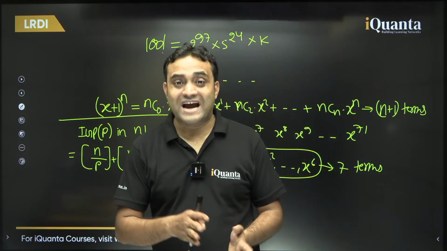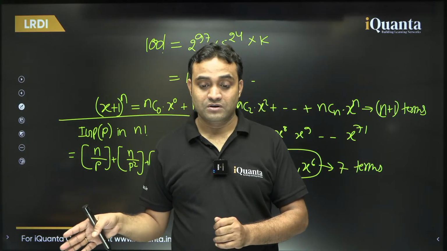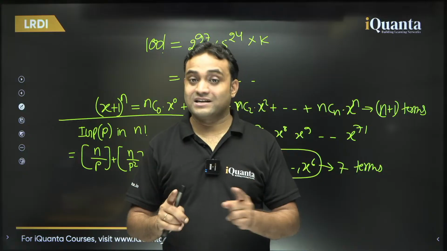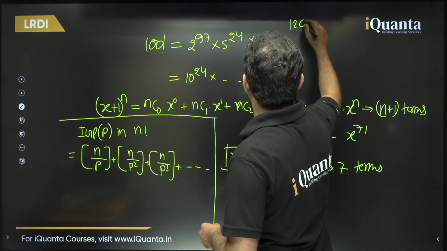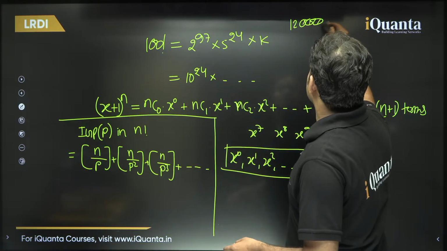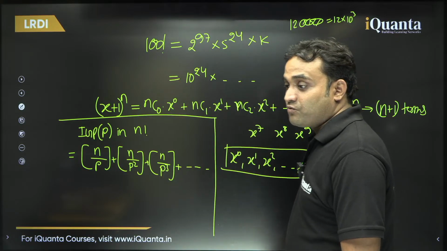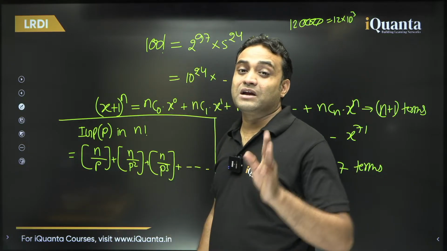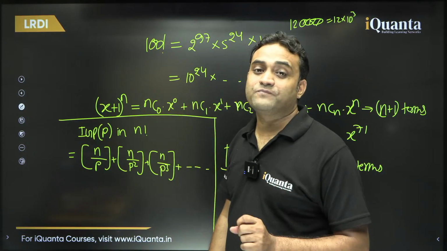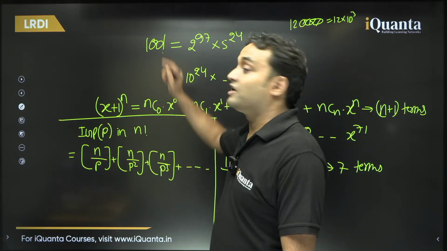The number of zeros at the end of any number is the same as the number of trailing zeros, which is the same as the highest power of 10 that can divide that number. Like if I am talking about 12,000, how many consecutive zeros are at the end of 12,000? 3 zeros. Why? Because 12,000 can be written as 12 into 10 to the power 3, right? So we need to find the number of consecutive zeros at the end of 100 factorial. So if I find the index of the greatest power of 2 in 100 factorial, it will